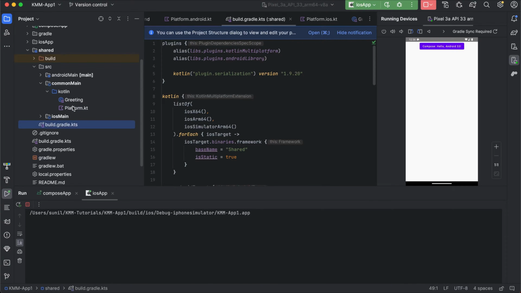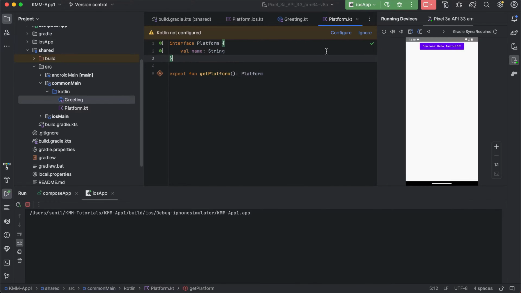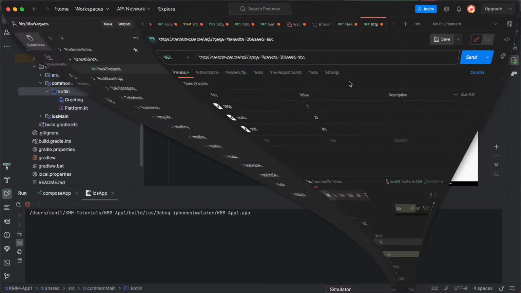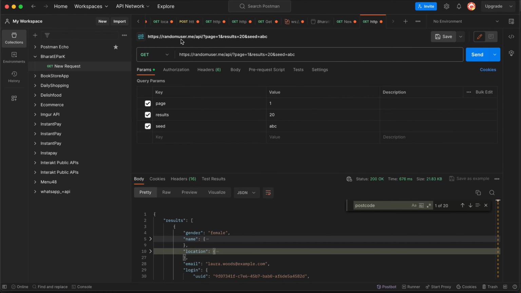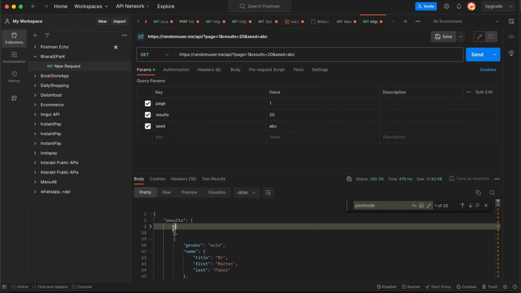Now let's go into here. So now let's say we'll be using this API, random user API, randomuser.me. So you can check that API. It will be returning random users data. So let's create